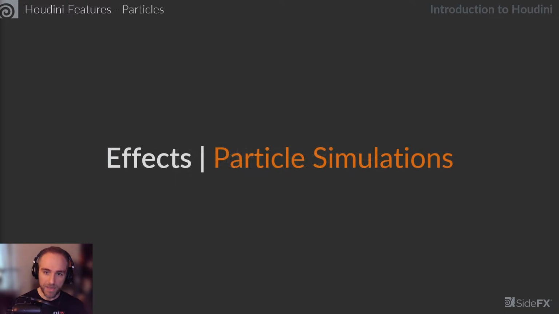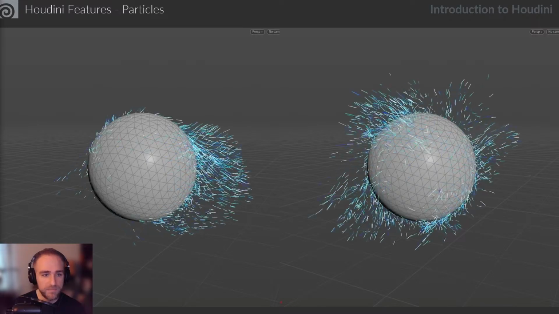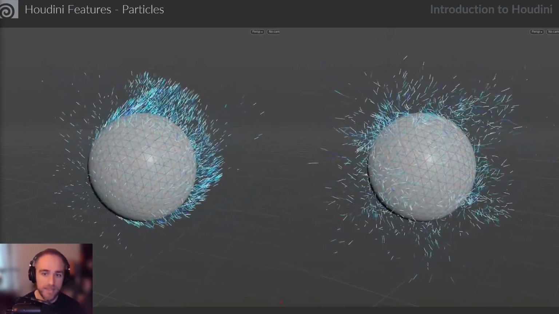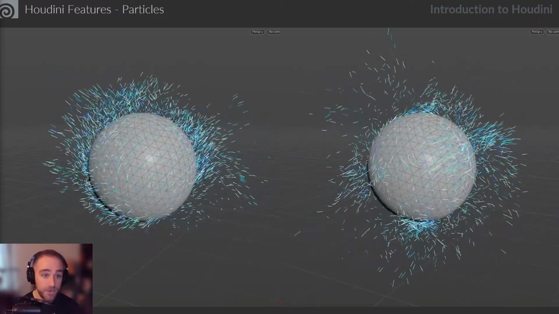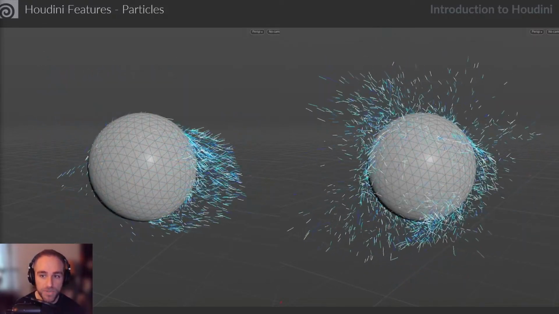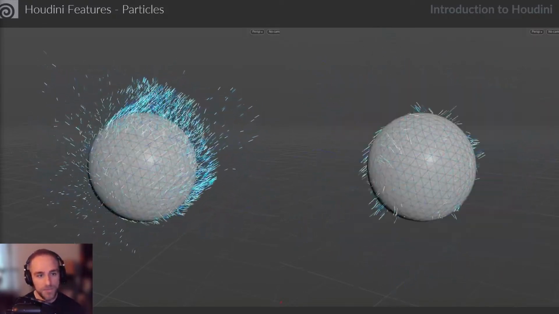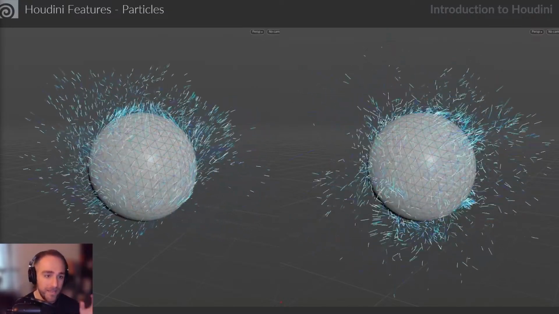The first thing I want to talk about is particle simulations. This is kind of a nice entry point for anybody getting into using something like Houdini. So particle simulations are pretty simple to set up. They don't take a lot of time or effort. They don't take a lot of computer power to process. So they're a really great way to be able to kind of get your feet wet in the world of